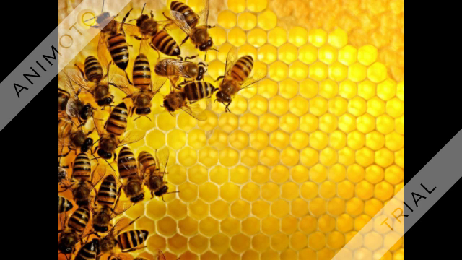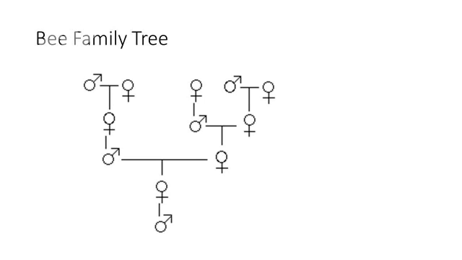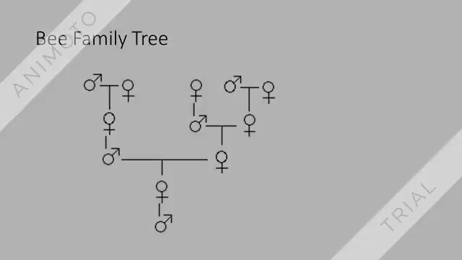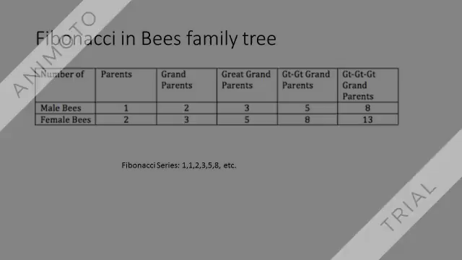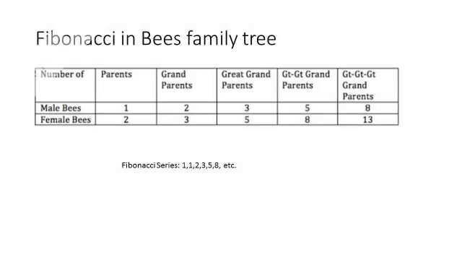All the females are produced when the queen has mated with a male and so have 2 parents. Females usually end up as worker bees, but some are fed with a special substance called royal jelly, which makes them grow into queens ready to go off to start a new colony when the bees form a swarm and leave their hive in search of a new place to build a nest. Female bees have 2 parents, a mother and a father, and the male bee only has 1 parent, a mother.